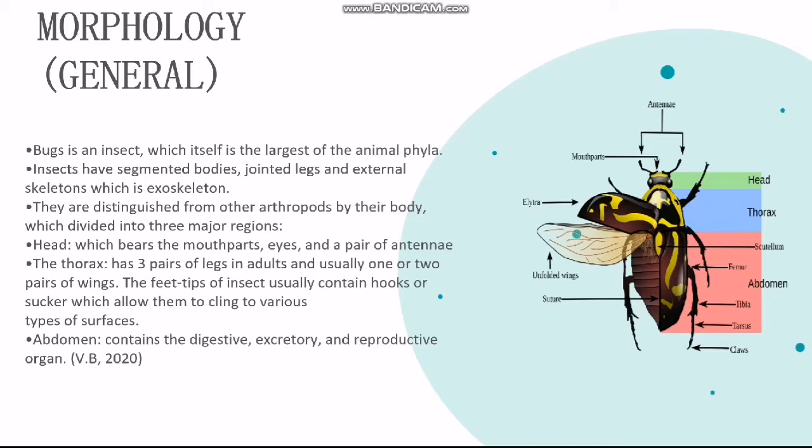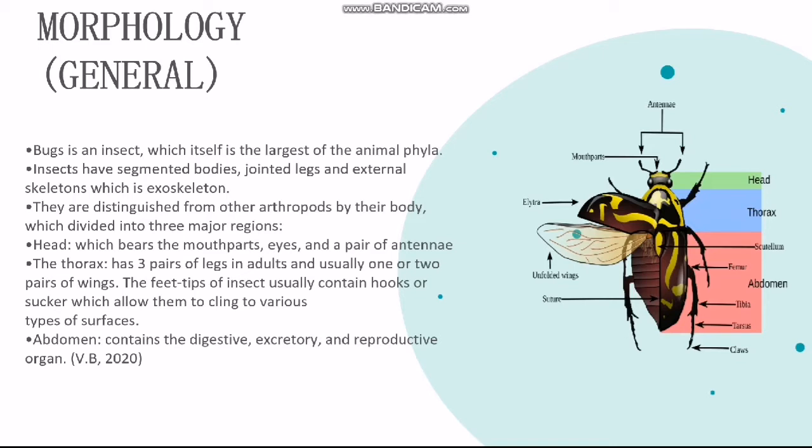First is the head, which bears the mouth parts, eyes, and a pair of antennae, which are sensory organs that allow the insect to use its smell, taste, touch, and hearing abilities. The eyes of an insect are known as compound eyes, meaning that they are made up of several smaller eyes functioning in unison. Second is the thorax, which usually has 3 pairs of legs in adults and 1 or 2 pairs